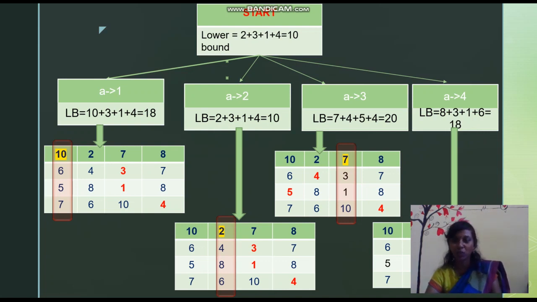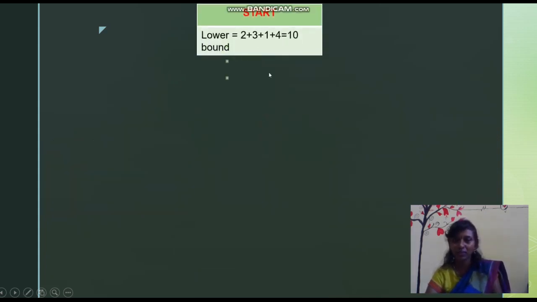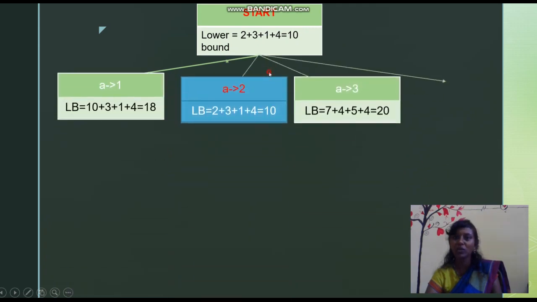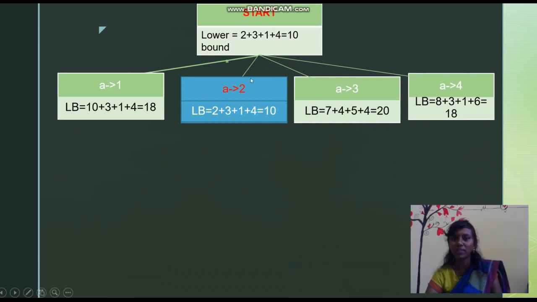So now you have to consider which is a promising node and which is not a promising node. The node from which we are going to proceed is said to be a promising node. Here we have to consider the minimum value from these 4 categories. What is the minimum value here? It is 10. So from this particular 10 we will be proceeding with our B allocation. Yes, so this is our starting node. We have calculated our A value, which is the minimum. The lower bound 10 is minimum, so A1, A3 and A4 will be non-promising.